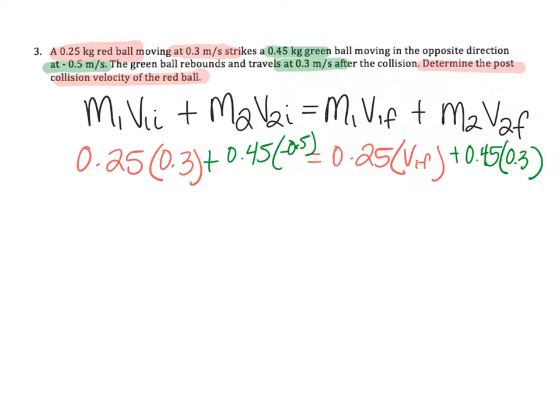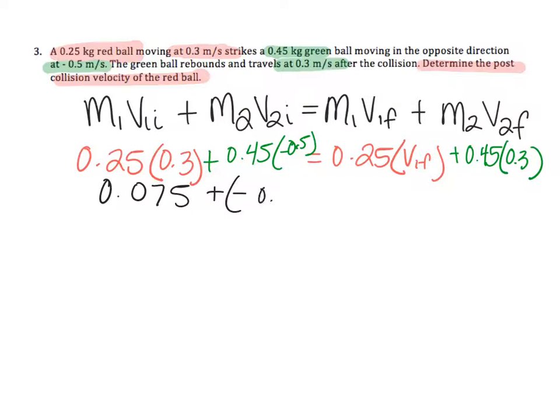All right, so we've plugged in our mass of each object across and then the initial velocity. So red object plus the green object, initial on this side and final on this side. All right. So now we can go through and simplify down. So when we multiply the 0.25 and the 0.3, we're going to get 0.075, and then we're going to get